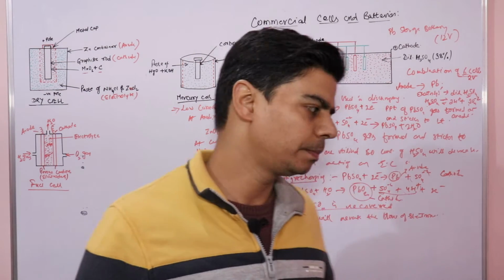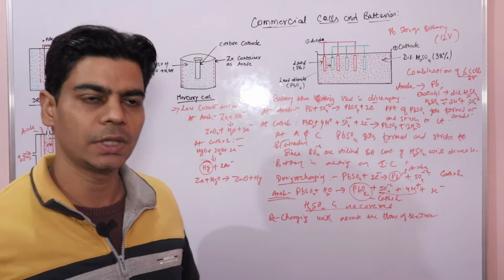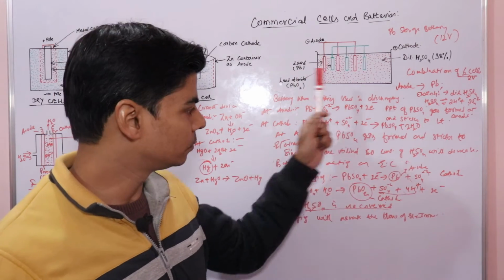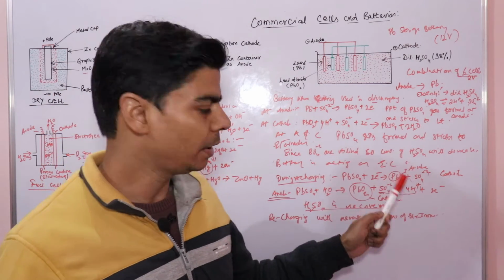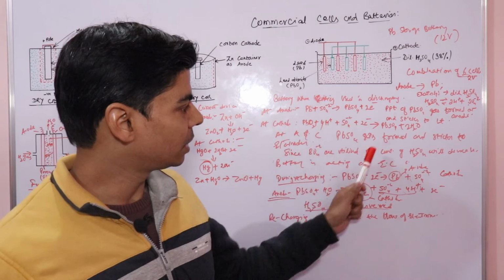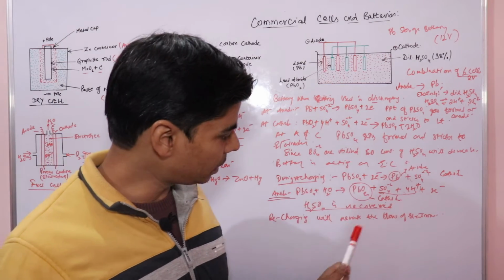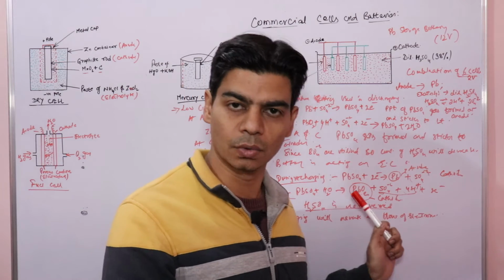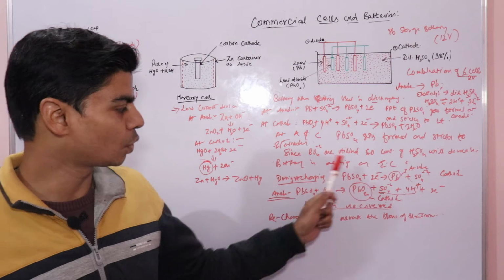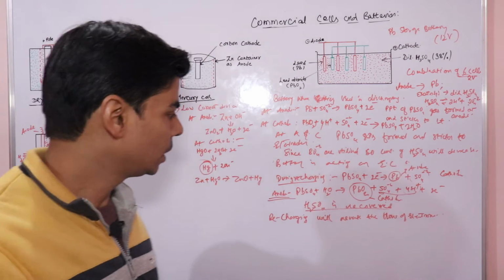This is in continuation to our previous lecture on commercial cells and batteries. In the previous video lecture, we have understood the lead storage battery and we have seen the reactions that take place at discharging, that is when the battery is working, and when the battery gets charged or recharged. So the lead sulfate that gets formed will discharge the battery, and when we connect this battery to a direct current source, it will remove the lead sulfate that gets deposited on the electrodes and will restore the electrodes to what they were when the battery was new.